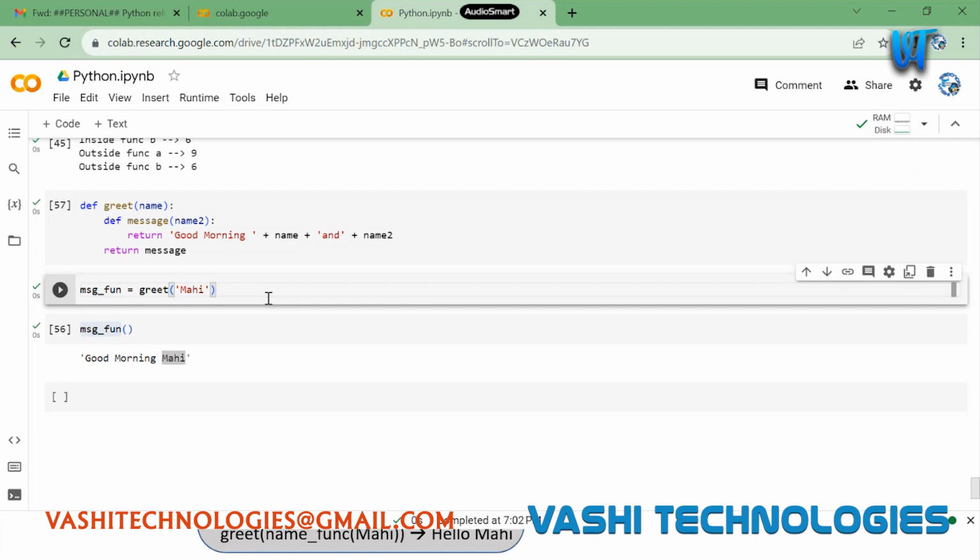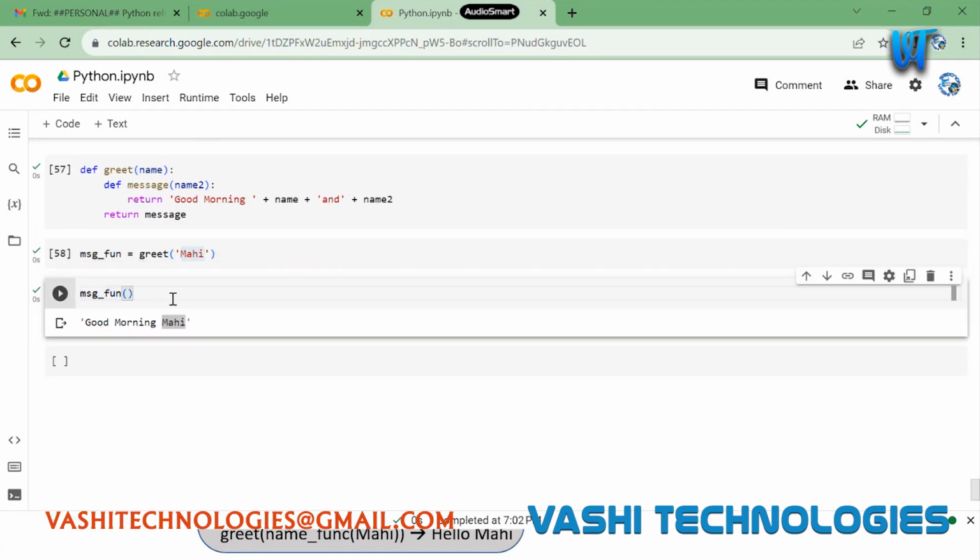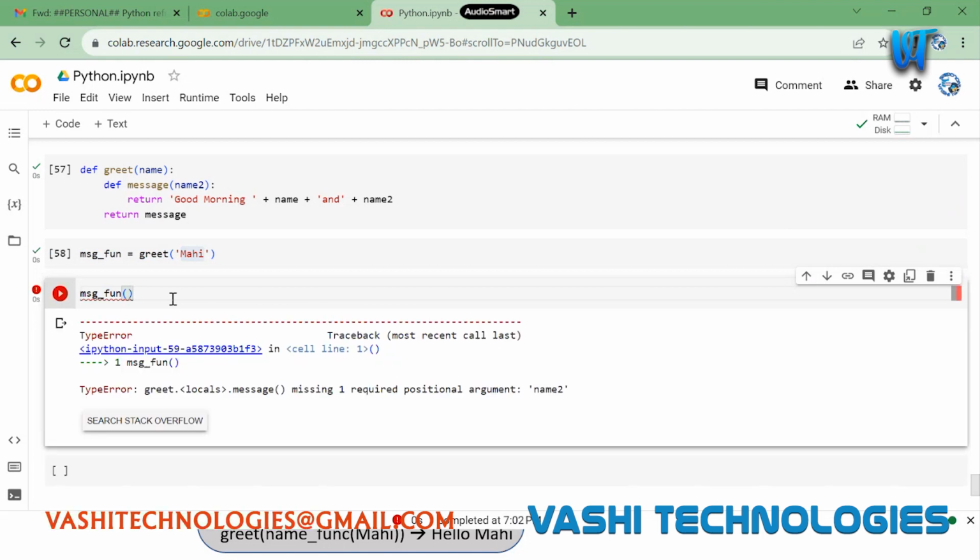So now I'm executing this again. Now I have this message function returned from the main function, right? And if I'm executing this again, it will give an error saying that greet is the main function. If you carefully observe this error, greet is the main function. The greet's locals are nothing but those which are local to this greet function. We have this message function within the greet locals, and this message is missing one positional argument which is name